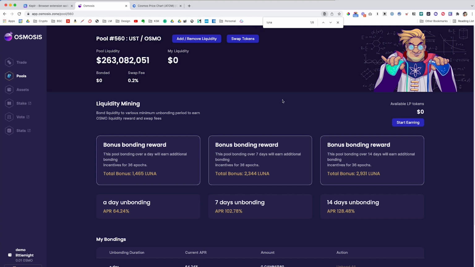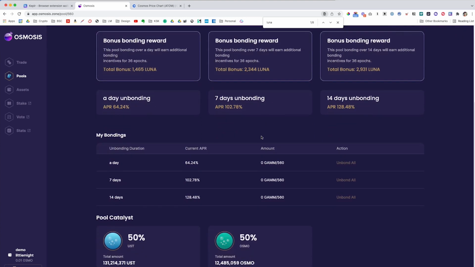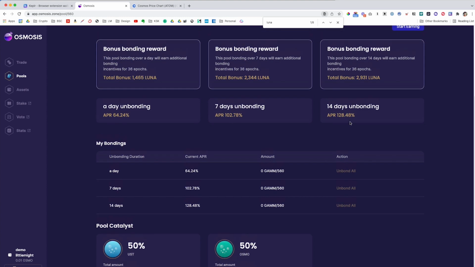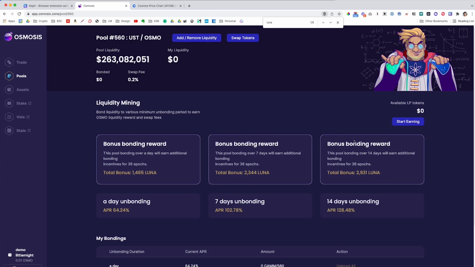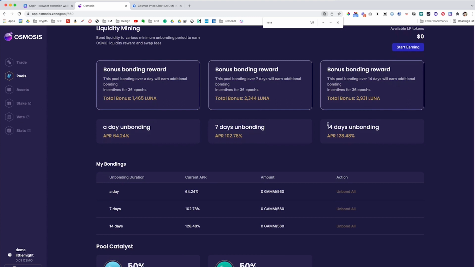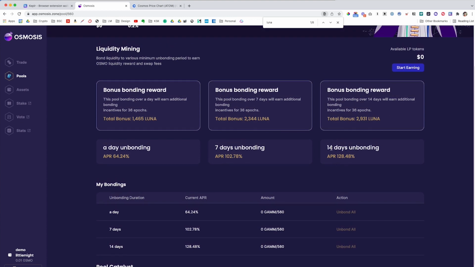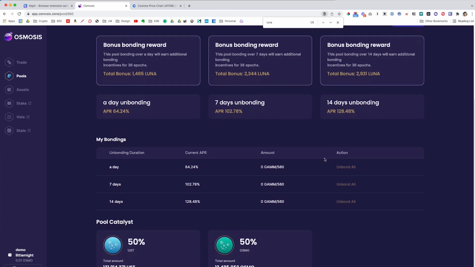I'm actually in this pool for my other wallet, my wallet that I use Osmosis on, and 14 days on bonding, you're getting 128% APR, which is actually more than that because you get bonus bonding rewards. And then also, as you're unbonding, so once you decide, okay, I want to get out of this pool, for the 14 days after, unlike other networks where the unbonding period doesn't generate rewards, on Osmosis, it does generate rewards, which is cool, so that you know that you're not wasting opportunity by waiting 14 days without getting rewards. You will still get your rewards through this unbonding time.